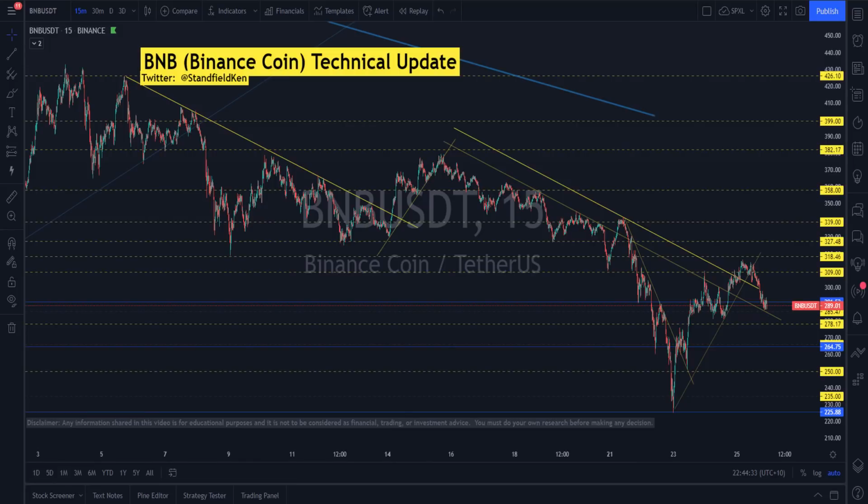Let's have a look at Binance Coin. BNB is currently trading at 288.71. It is actually at support right now. It has a lower level of support at 278.17 and a further level of quite strong structural support at 264.75. It has psychological resistance at 300 and then a level of resistance above that at 309. Keep in mind that the entire market has a structural support line running through it. That's why we look at total crypto.